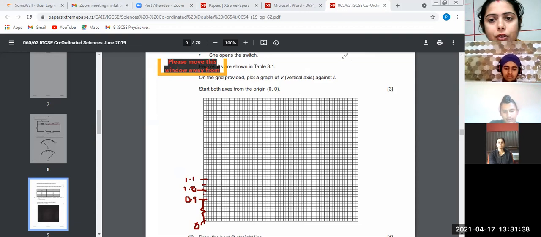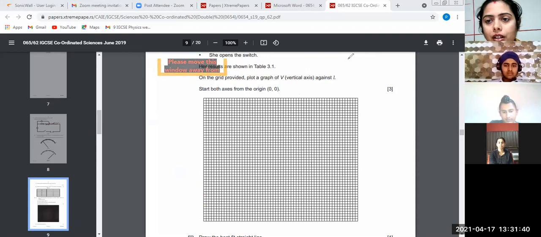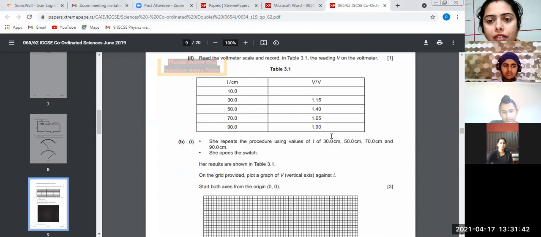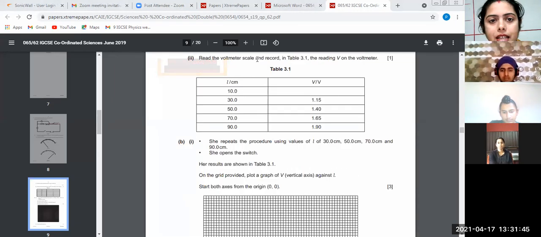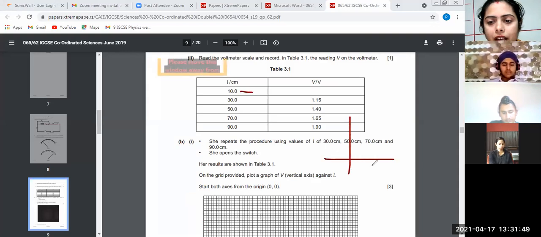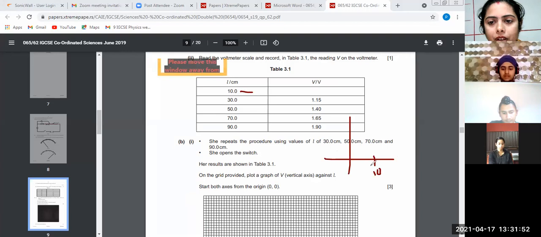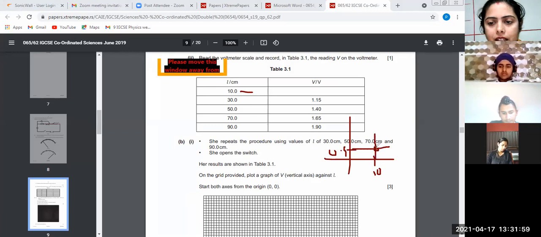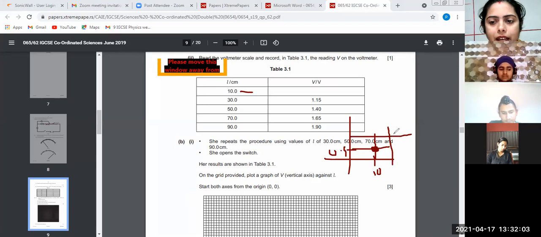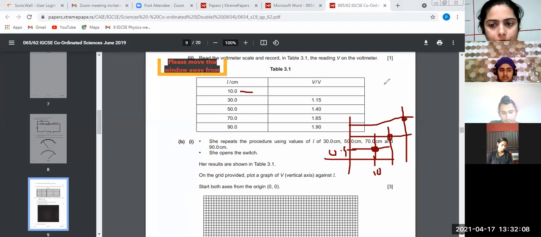आफ्टर दैट व्हाट यू हैव टू डू, यू हैव टू सी द पॉइंट्स गिवन. यहाँ पे जैसे आपको लेंथ गिवन है 10, सो यू विल चेक 10 कहाँ पे है. देन हेयर यू विल बी हैविंग 0.9. So in front of that, wherever it is, the lines they join, that is your first point, है ना? Similarly, you will find out the second point. Similarly, you will see the third point, and then your graph will be complete.